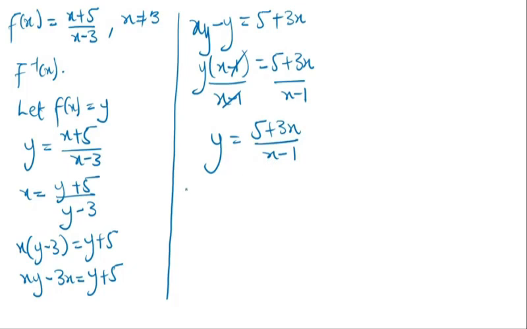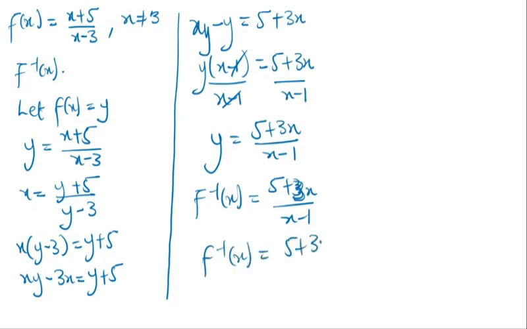So it means our f inverse of x, or the inverse of the function as we are given over here, is equal to 3x divided by x minus 1. Let me rewrite that. So f inverse is equal to 5 plus 3x all over x minus 1, where x is not equal to